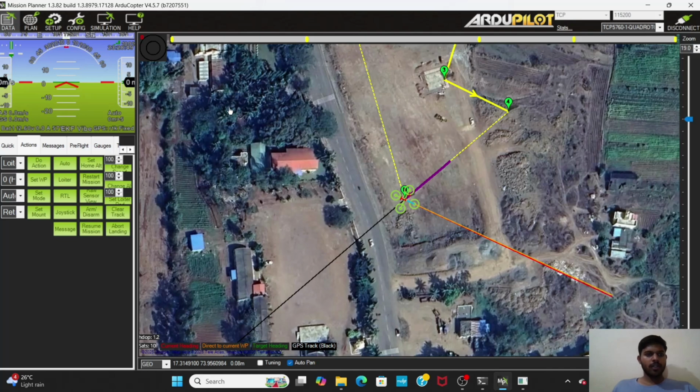So once the drone is landed, it will disarm. Here we can check the status. So here we can see two arrows. Now after finishing the